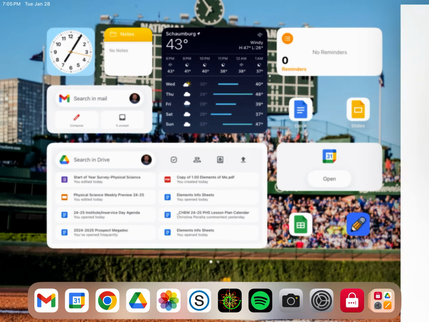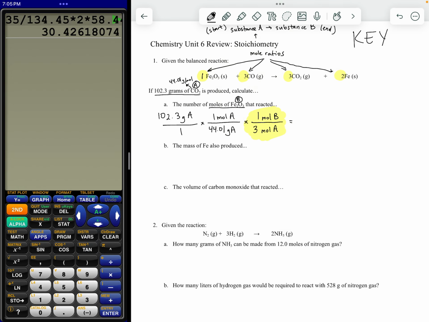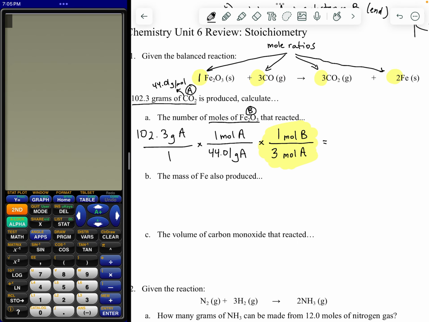And how we solve these problems, of course, is going to the calculator, and we could simplify the top and bottom, divide the numerator and denominator in the end, but instead, it's nicer, I think, when you get used to just taking everything as is and just doing the mathematical operation along the way. Any number that's not 1 on top, I'm going to multiply. Any number that's not 1 on the bottom, I'm going to divide by. And remember, this 1 here is just a nice little placeholder that helps you get started, show you that the initial amount that we're starting with is truly in the numerator, in order to see that idea of